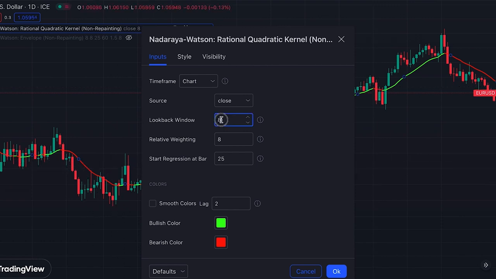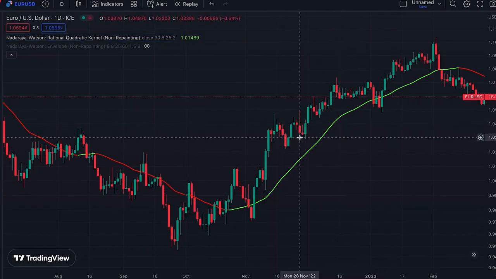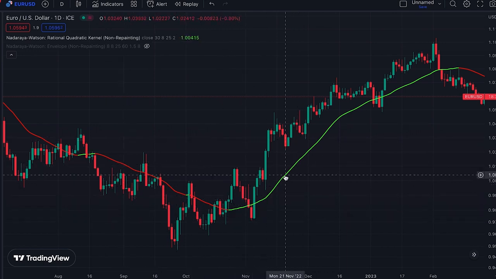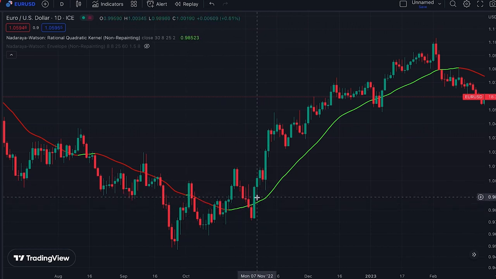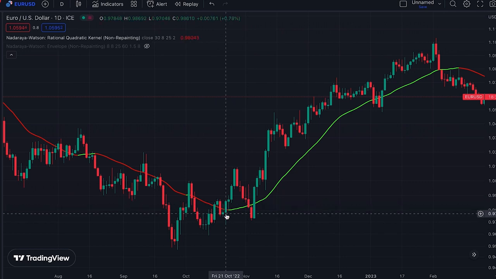For example, if we set it at 30, you can see how our line is moving further away from the price action, and we have fewer color changes of this line, which makes it more suitable as a directional indicator to help us with trend rather than generating regular buy-sell signals. For example, if you have a trading strategy for spotting reversal points of the market, setting a higher look-back period will be a better choice for you. All right, let me go back to the default settings